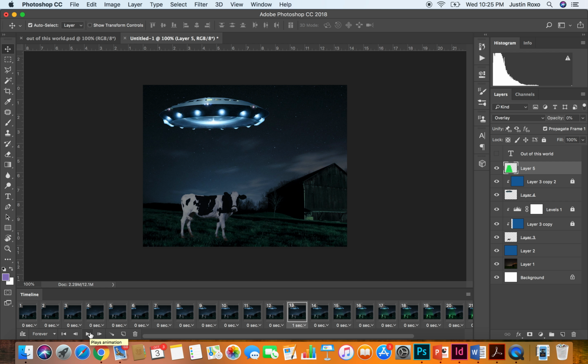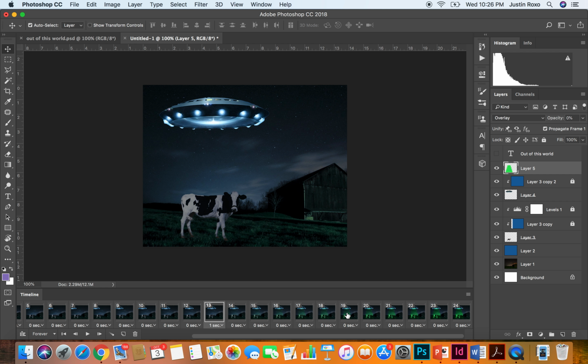So it allows the viewer to kind of catch up with each action. Otherwise, these actions tend to get jumbled and we have a hard time paying attention to what's most important. So I have this light appearing now. I want the cow to rise up on here. So I need to make a new